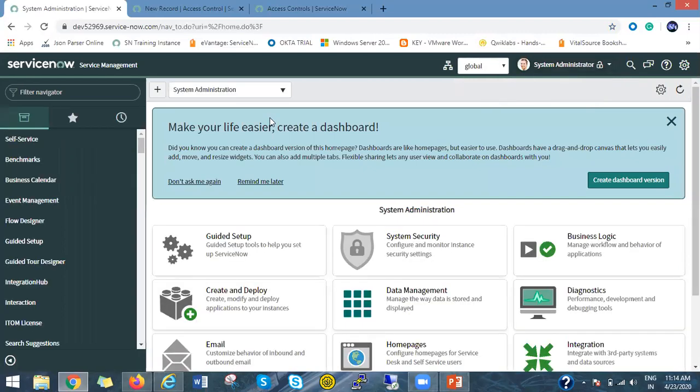So this is the difference between this elevate role, security_admin role, and other roles. Other roles means, let's say, the admin role or ITIL role. If you assign them to a particular user, even if you log out and log in again, that role will stay with the user. It will not go anywhere.